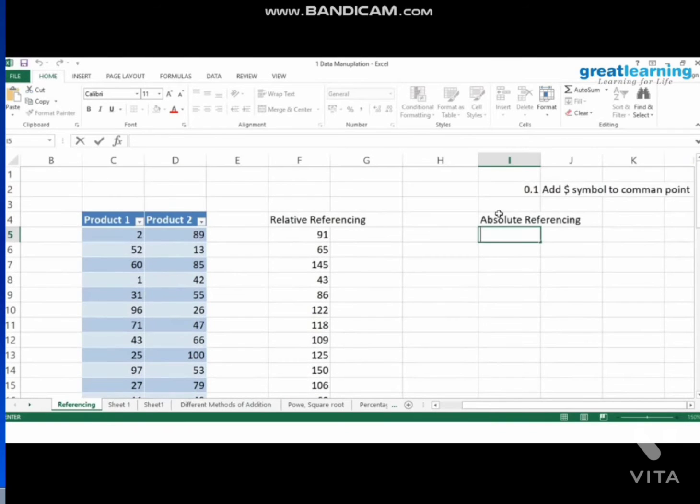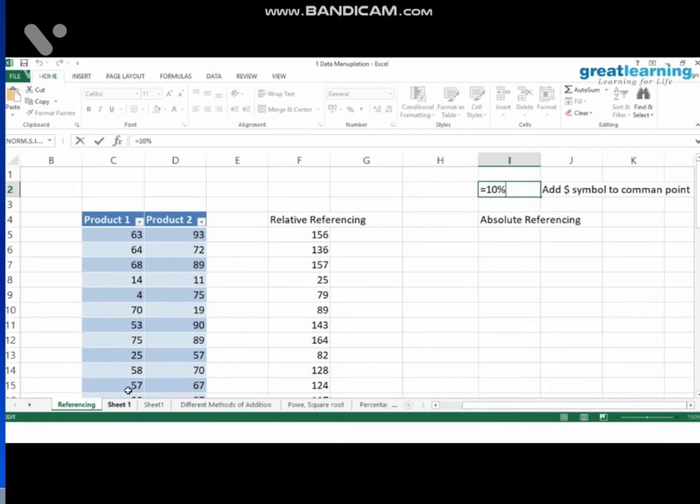For that, let's take this one value, which is our 10% value, and we want to calculate 10% of all these products' prices. So say for example, if we are having a festival and we want to give a 10% discount on all the products, we'll need an updated data set which would have the 10% values of all the data set. So what we'll do for that is equals to,